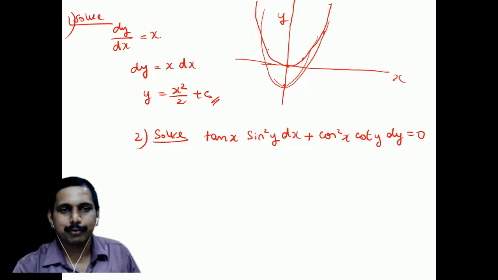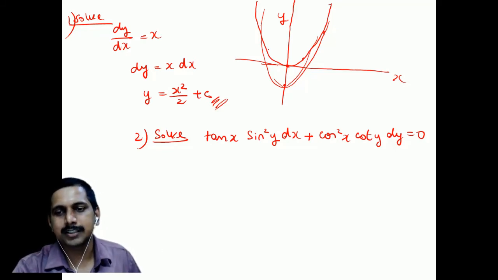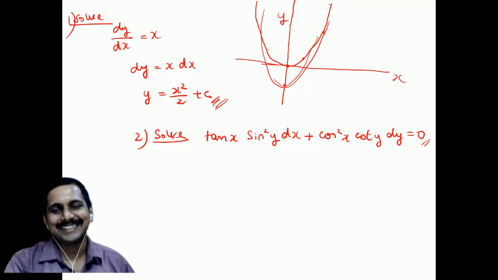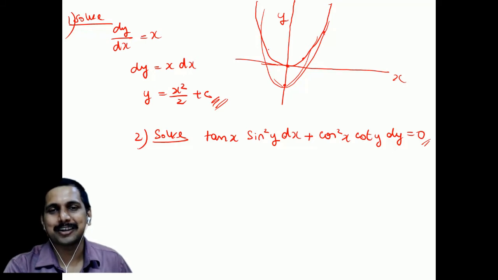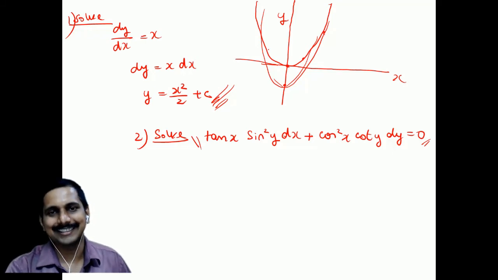So first simple, then complicated. This is for the teacher to solve in the class. This is for the student to solve in the exam. This is what generally the faculty in engineering college do. They solve the simple question in the class. In the actual exam, they will ask you this question.